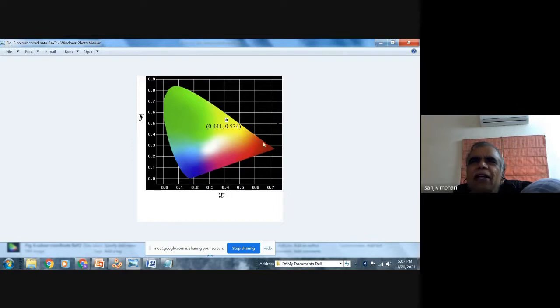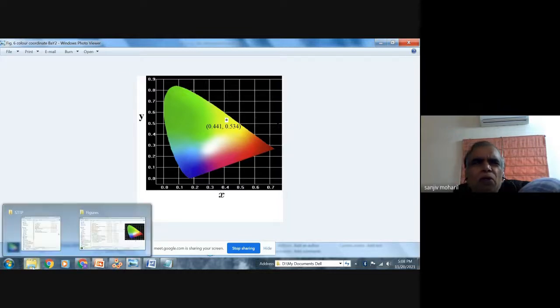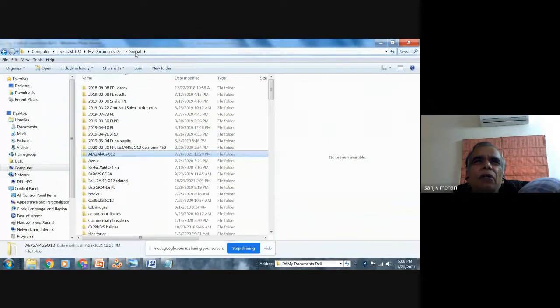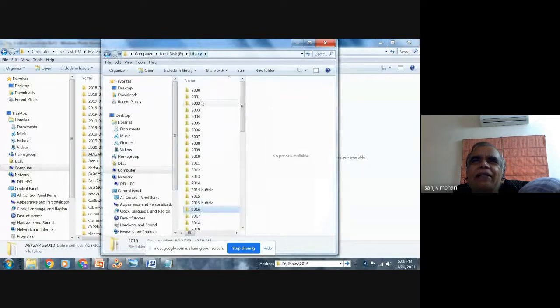So using the concept of the color triangle and the concept of this tricolor vision, we can calculate the color coordinate using the program Color Calculator 2, that is the software. Incidentally, a simpler program is also given by IIT Kharagpur students, and that program is really very good. In fact, that program is better. I will try to find out if I can get that.